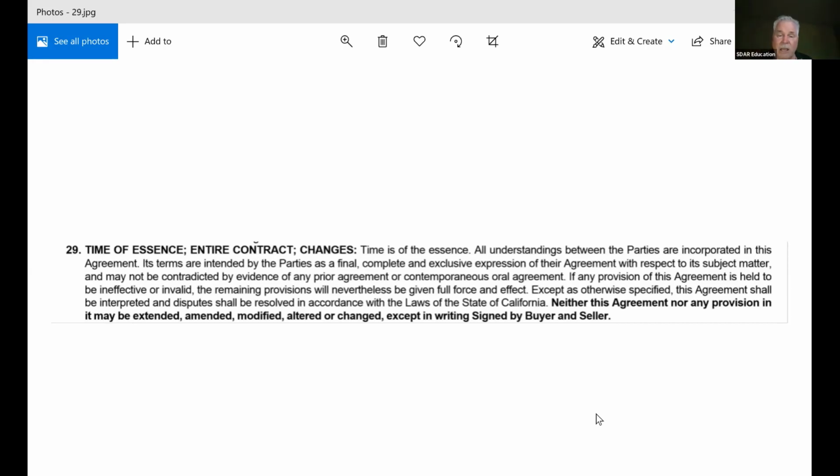But at the end of the day, you can have anything you want between the parties. The problem is it's just not enforceable. So if the buyer takes the seller into trial and says, well, we agreed to do this, the judge is going to look at you and go, fine, not a problem, I'm in. Show me your paperwork. And then you go, well, we shook hands on it. We put dirt in each other's hands, transferring title one to the other, and the judge is going to look at you like you're nuts.